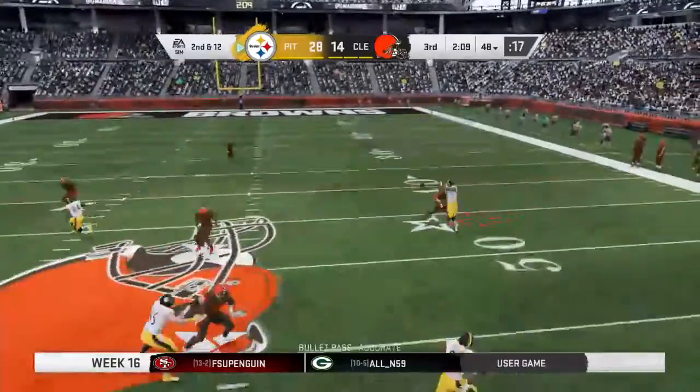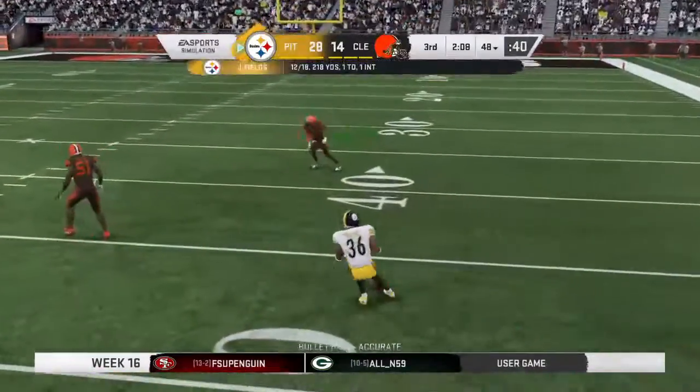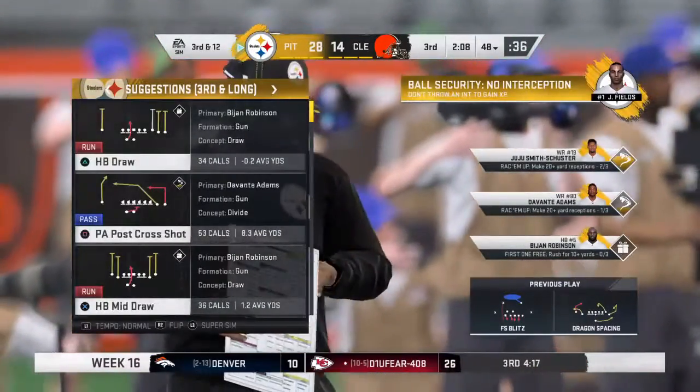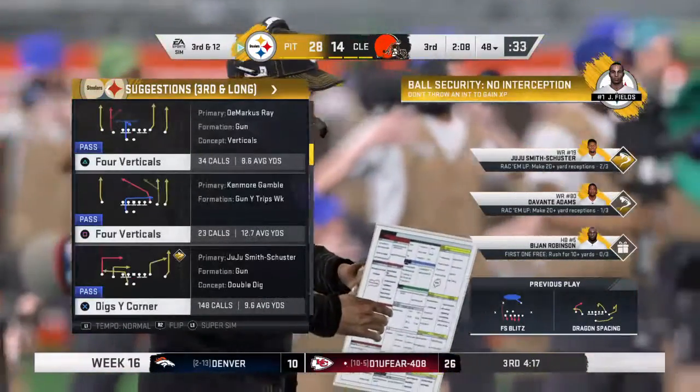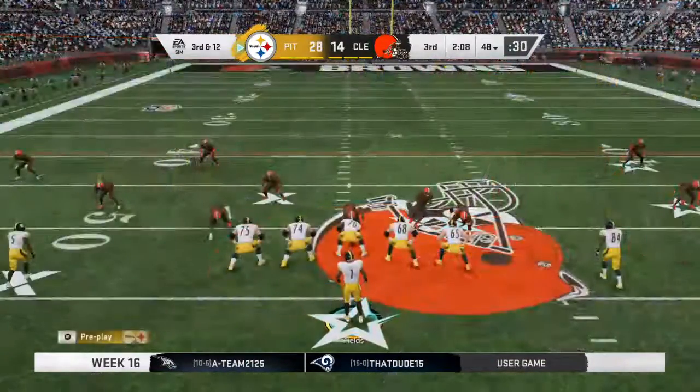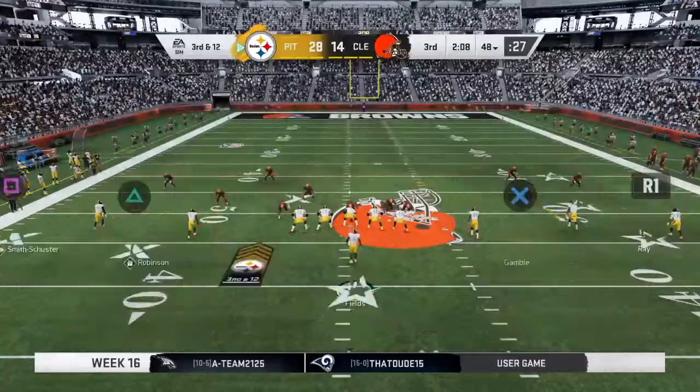To throw on 2nd down. Fields. And that'll be incomplete. Took a pretty good shot as he tried to pull that one in. Couldn't hang on. 3rd down. You get a tight end like this, and you know he's used to dishing out punishment, but here, he's one that has to absorb the contact, and as a result,